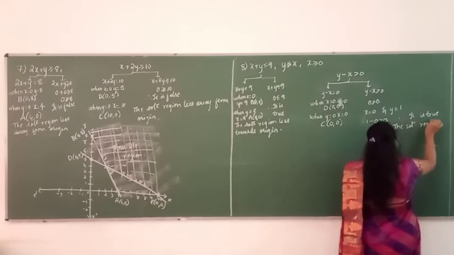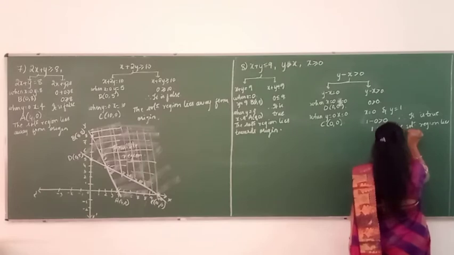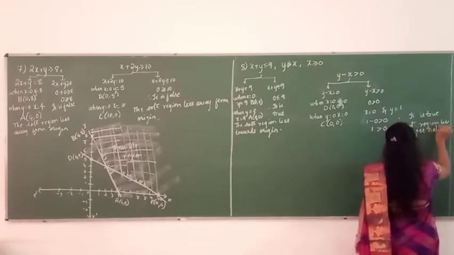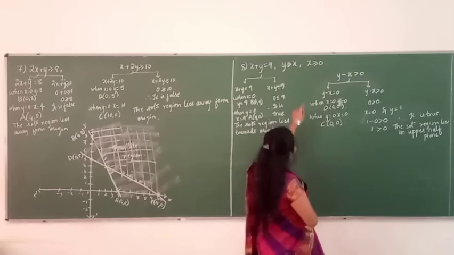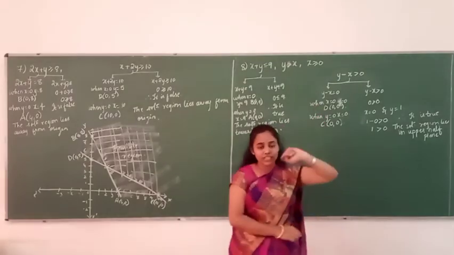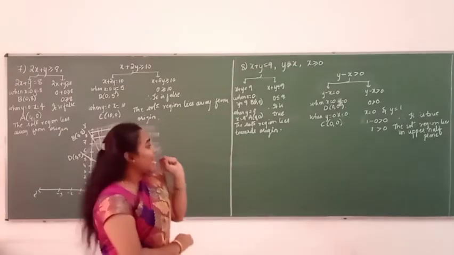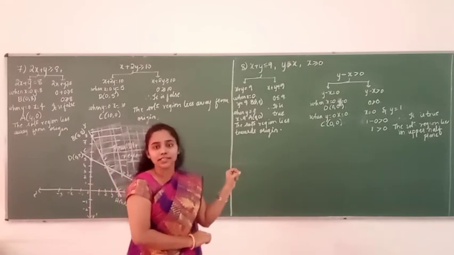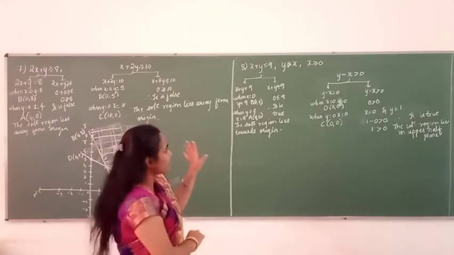The solution region lies in the upper half plane. Okay. So now you might be thinking here x is greater than or equal to 0. I obviously said that when x is greater than or equal to 0 or y is greater than or equal to 0, in that condition we will be considering the points which are present on the line, including the quadrant also. So the shaded region is nothing but x is greater than or equal to 0.